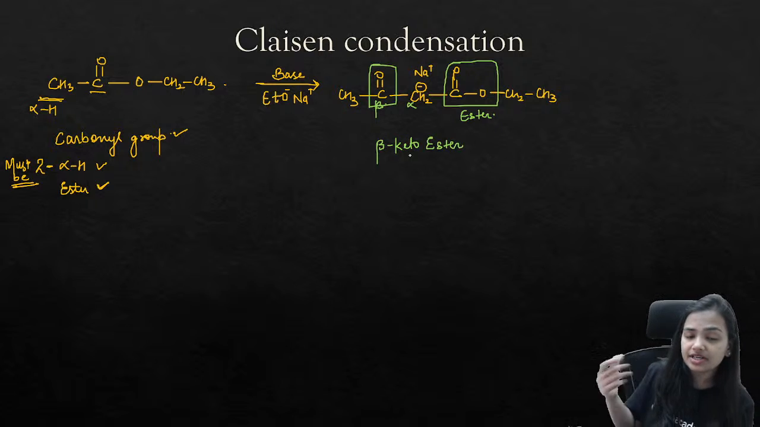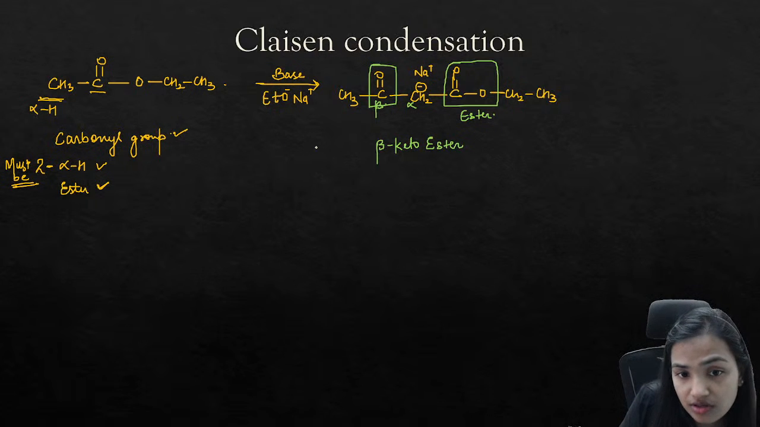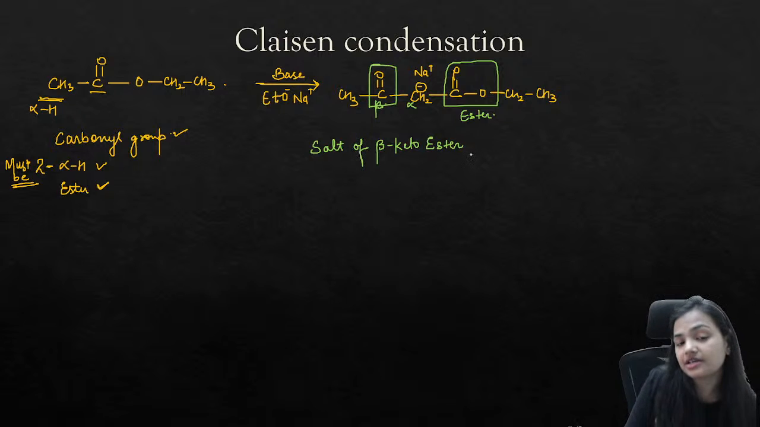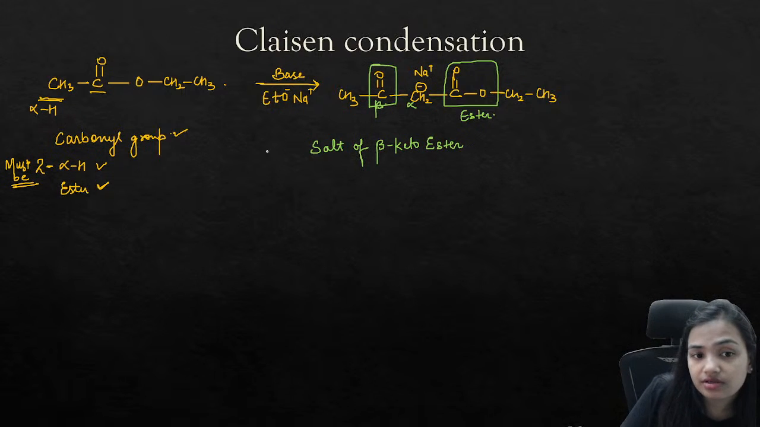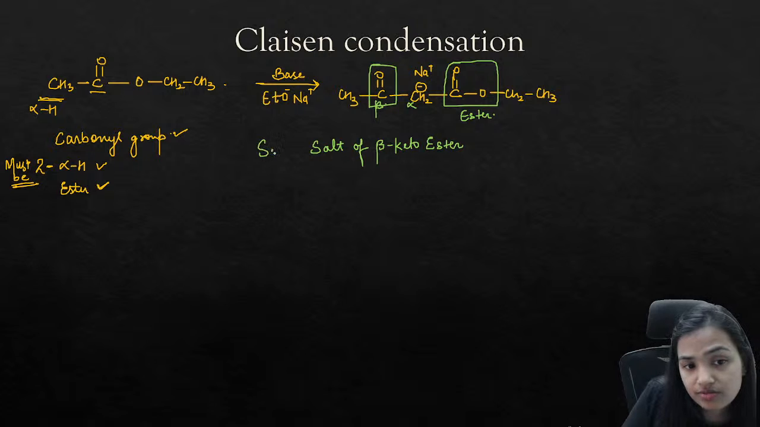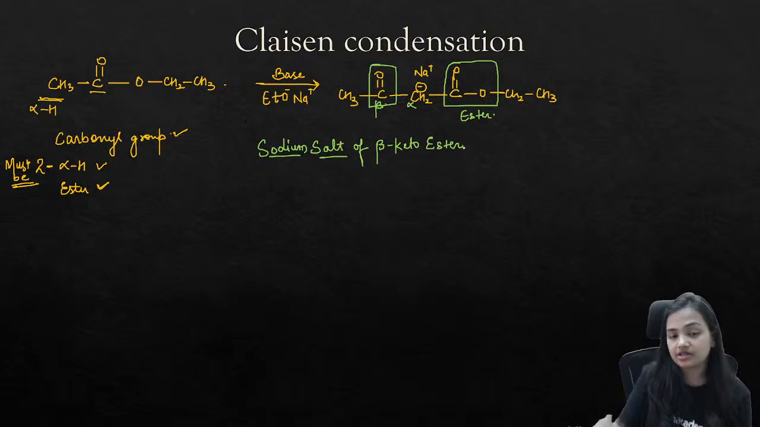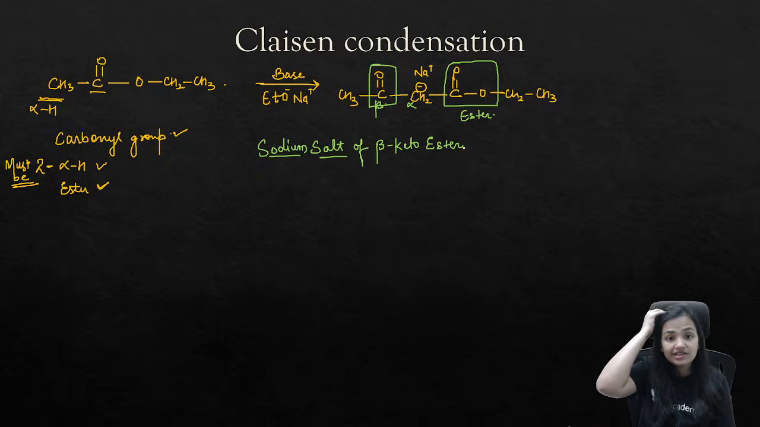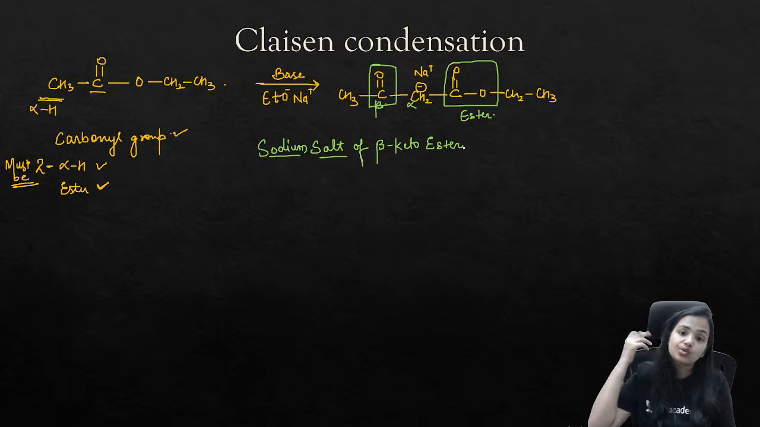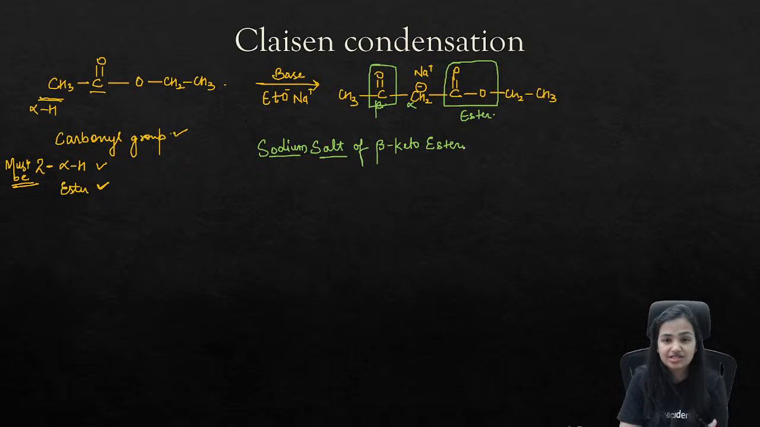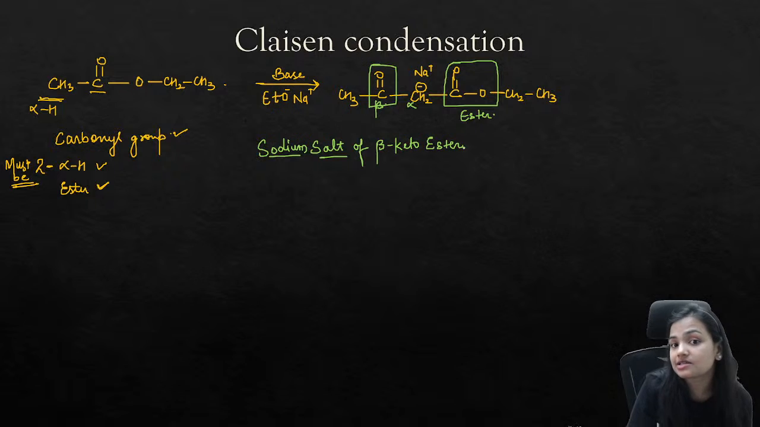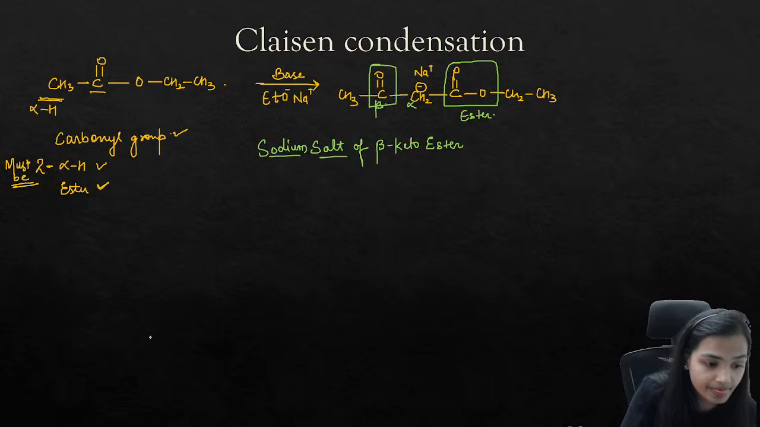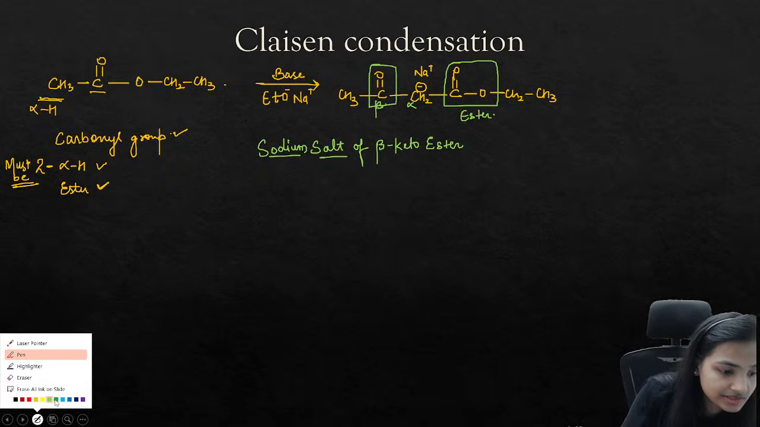And is this only a beta keto ester? No, this is a salt of beta keto ester. If this is sodium, we can say that this is the sodium salt of beta keto ester. So this is the product of Claisen condensation, that is the sodium salt of beta keto ester. But the question is how it is forming and why this sodium salt of beta keto ester is a stable product. Now if you want to draw its